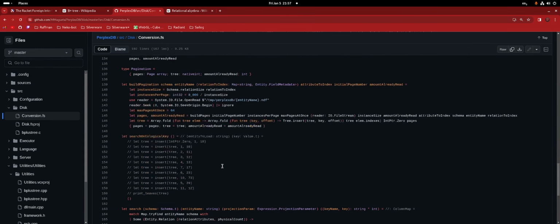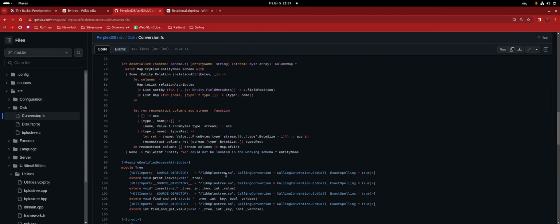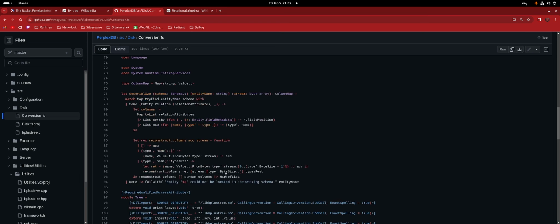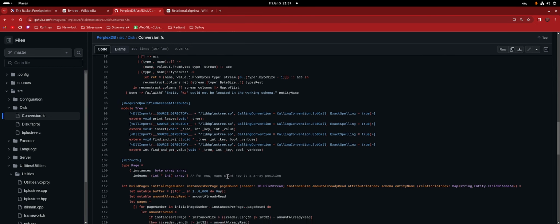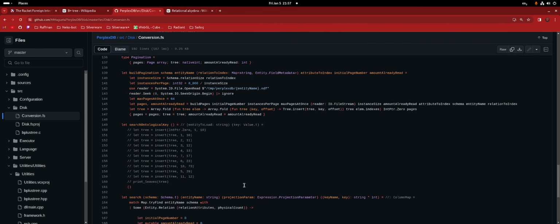Oh, by the way, I discovered an awesome thing in F sharp: you can also type begin and end after a module declaration. So goodbye to the indentation problems with modules in F sharp. Oh, okay, I didn't know that. That's cool. I just can't run the formatter because Fantomas removes all of this because it's verbose.